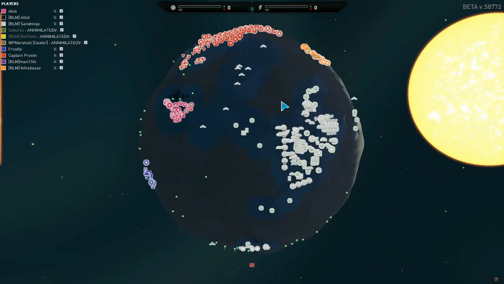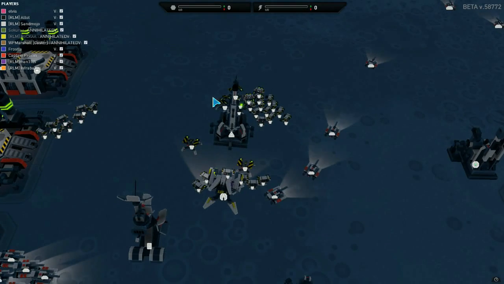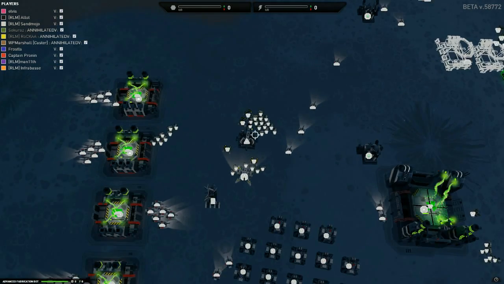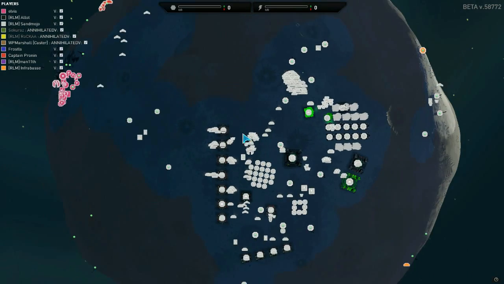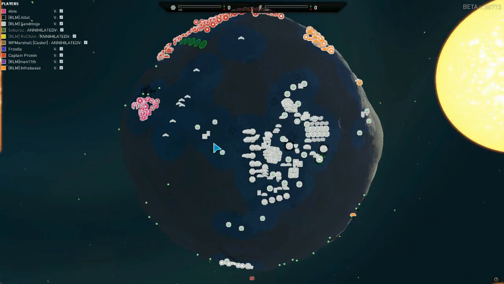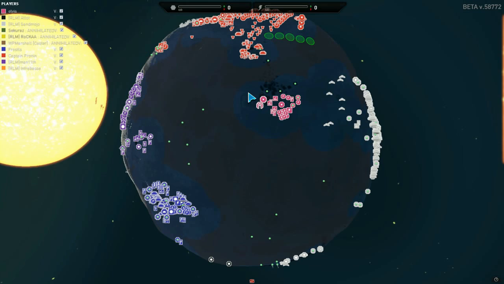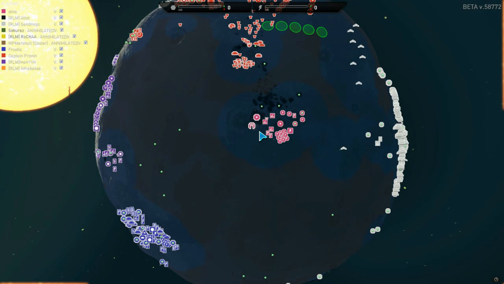Alas, let's have a look at where White had his nuke. He's focusing down. It's ready to launch. I think we might have just managed to catch it just before it launches. We shall have to wait and see. Right, pink is just about to meet his maker here as these units roll in,